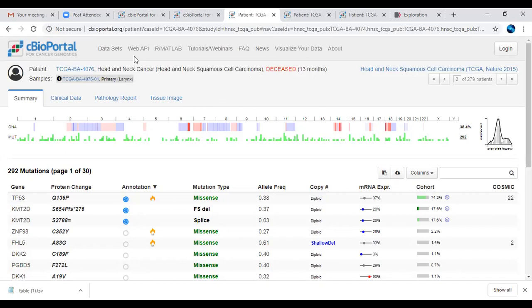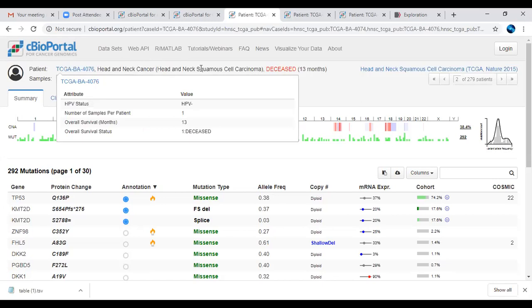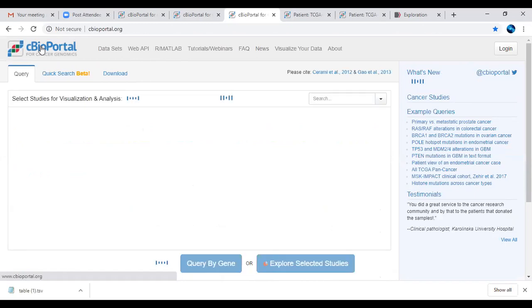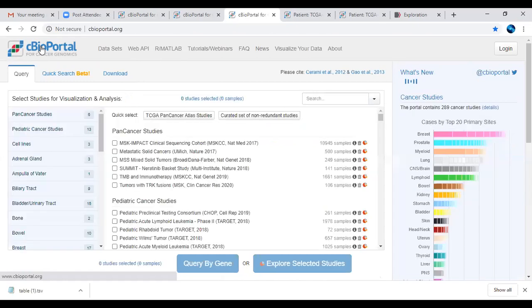And in exploring different gene targets, you will get the Z score, p value in the form of gene, and the copy number alteration data that I'm going to show you now. So I will just move towards the cBioPortal home page. So this is nothing but our cBioPortal homepage.